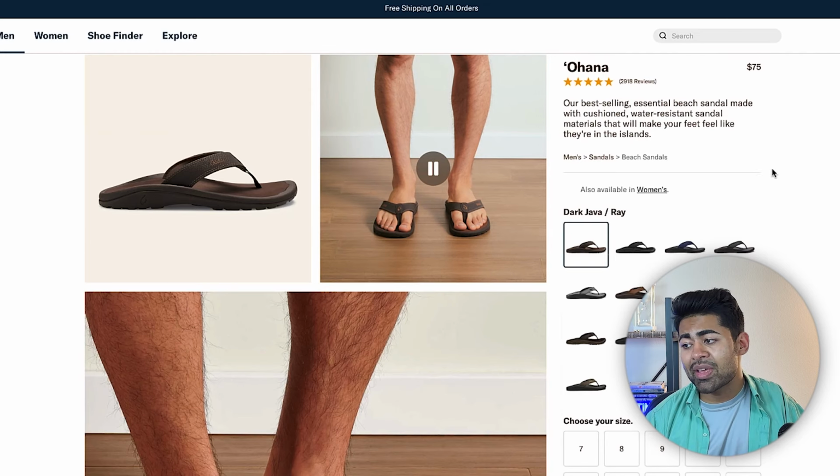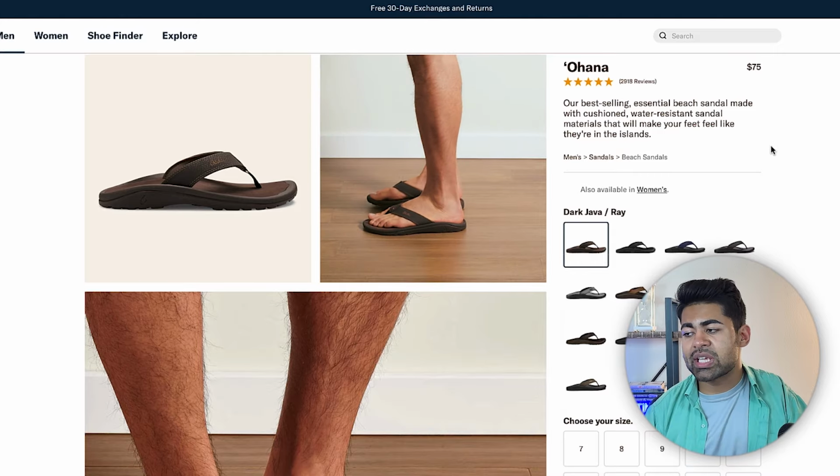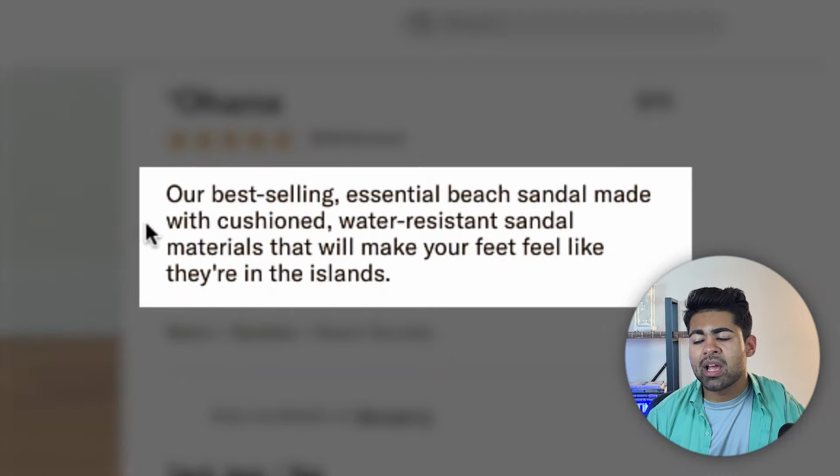But the reason why they do that is not just because of their description, but also because of these other factors. But for the sake of this video, let's focus on their description. It's very simple, very straightforward. "Our best-selling essential beach sandal made with cushioned water-resistant sandal materials that will make your feet feel like they're in